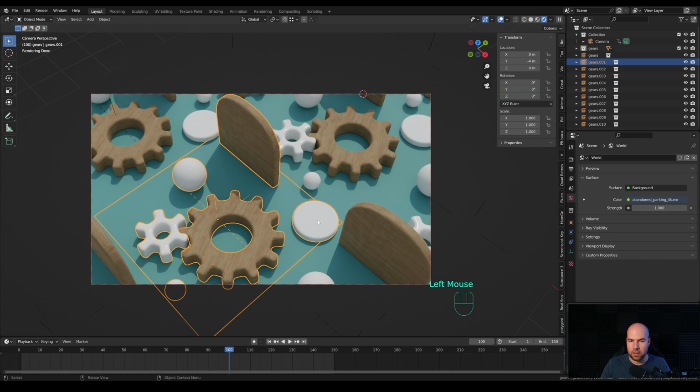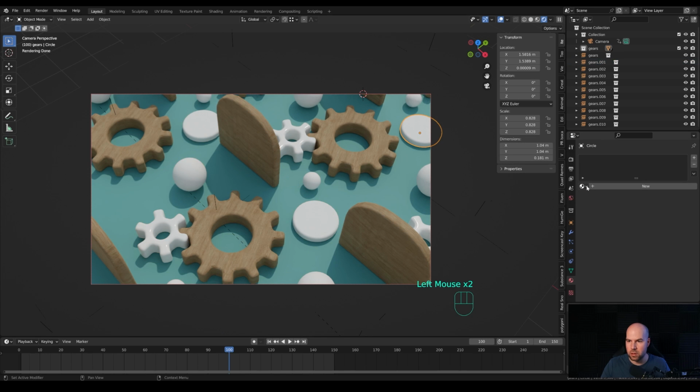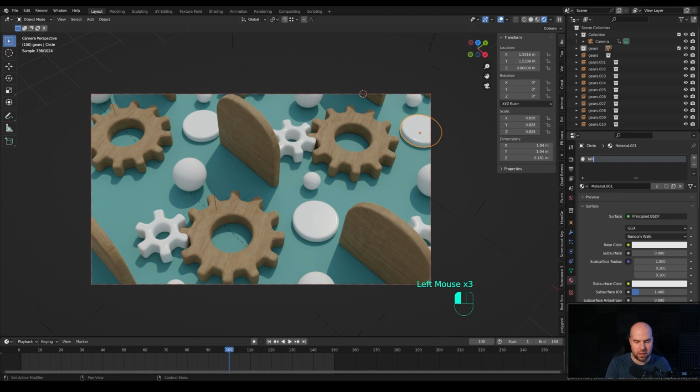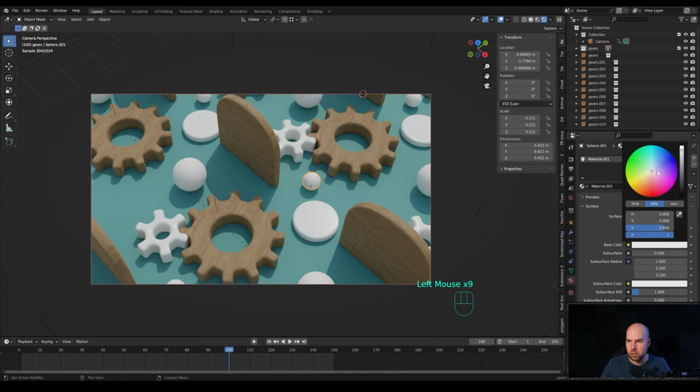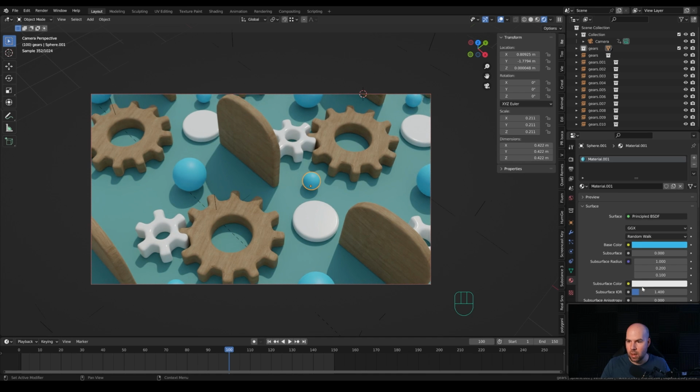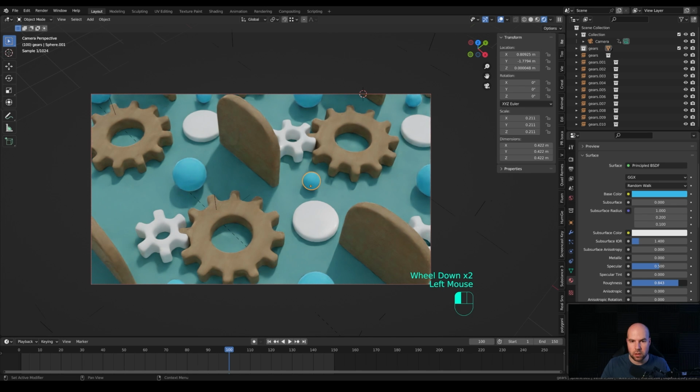And then I want to add the same material to this circle geometry right here. So let's add the same material. Let's call this white. And then for the spheres, we might create some darker material that will go nicely with our background. So something like this maybe. And I want to increase the roughness here.